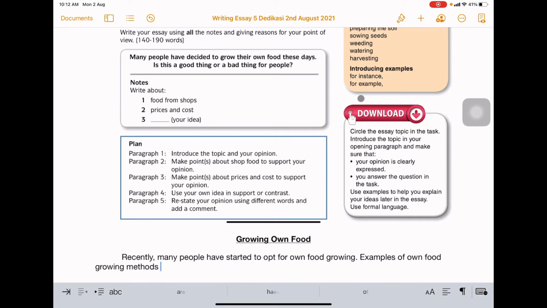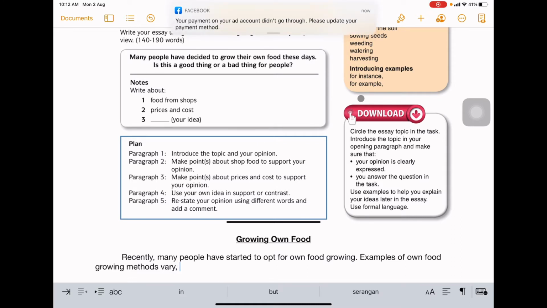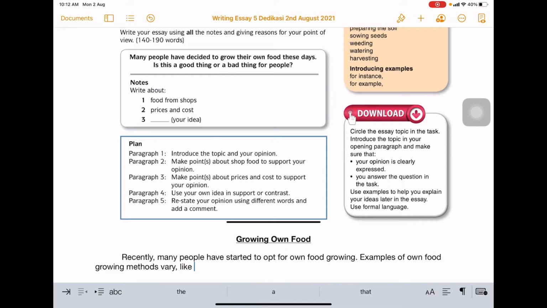Example, very. Okay, "very" means many. Like, and then you can give examples of your own. Like aquaponics,